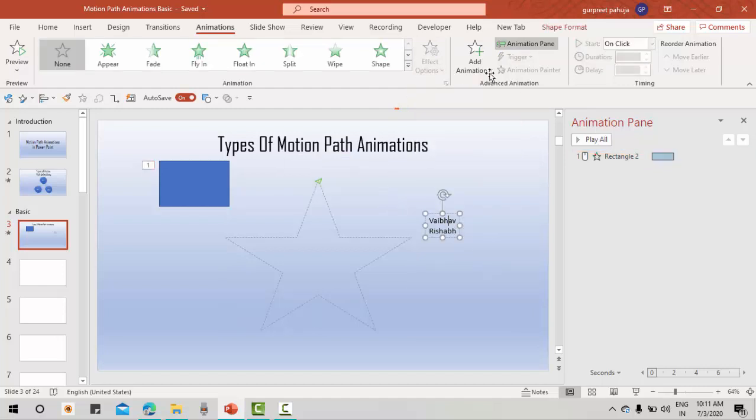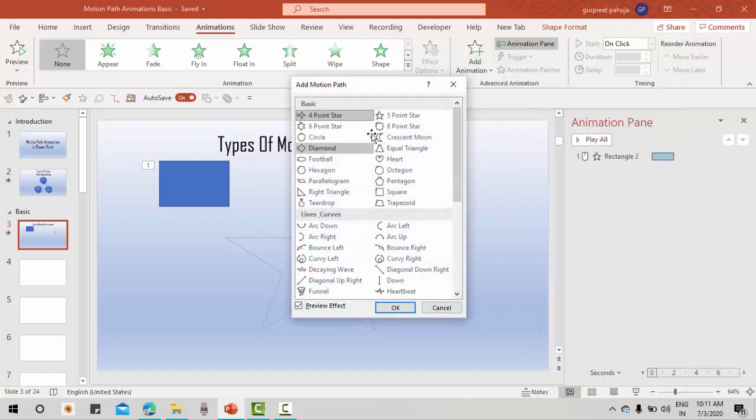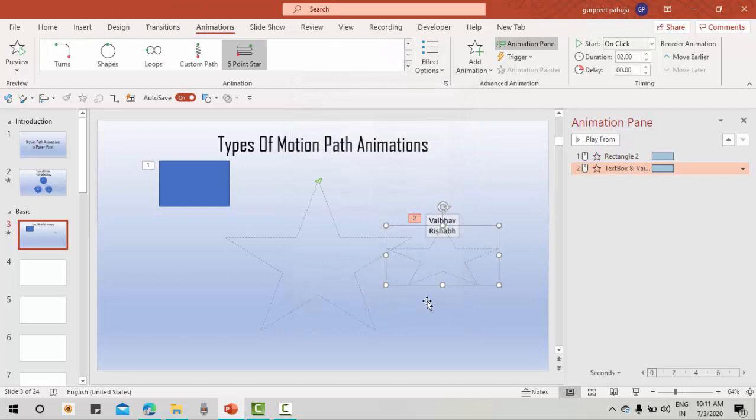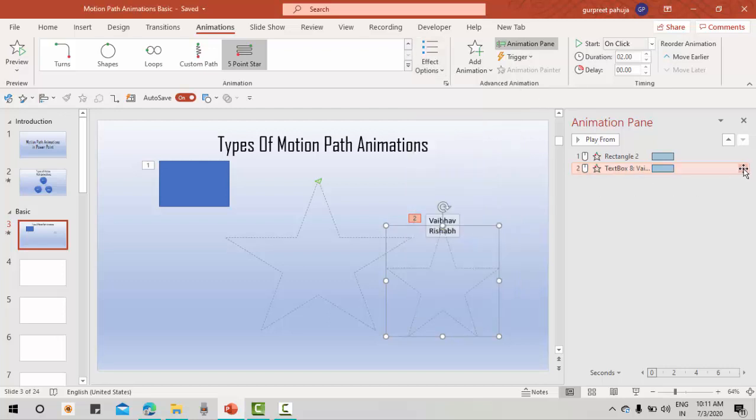If I select this, add animation, more motion path, 5-point star, again you can change it. Effect options, you have as one object, all at once, by paragraph. If you go here, again you have the same options. Start on click, start with previous, start after previous, effect options, timing, hide advanced timing, and remove.